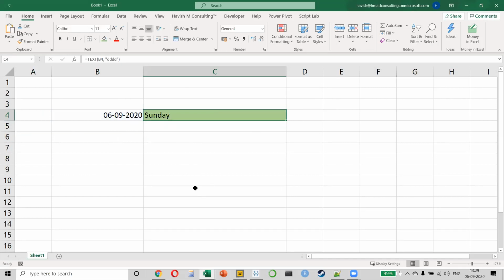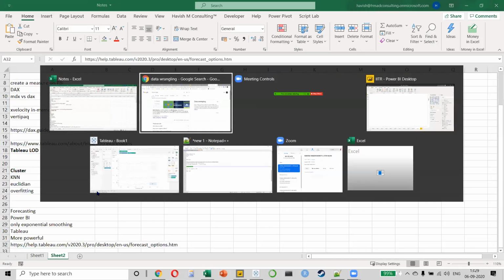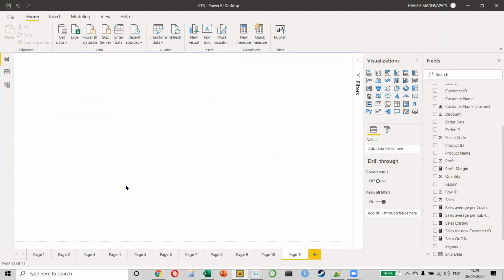How do we do this in Power BI now? Because we have to do this with the entire data set, correct? So we'll go back to Power BI and we will select something called Power Query. Do you see this? It's called Transform Data. What is Power Query? It's an ETL tool. It allows you to connect, prepare, and transform the data, which is exactly what we wanted. So I click on this button